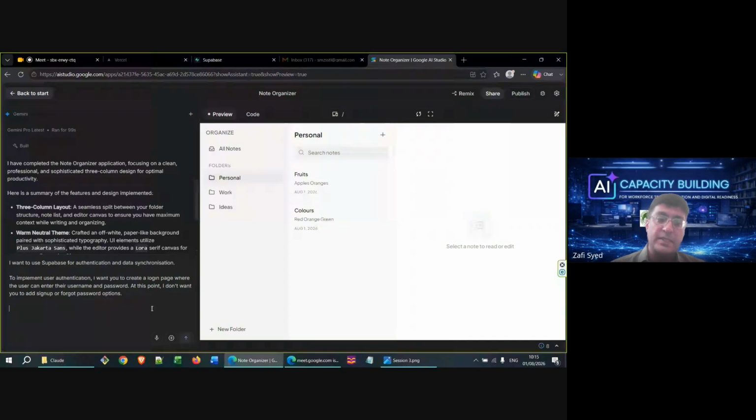Because if we just have username and password and we don't add options of signing up or, for example, password recovery, it's like you're in control of everything. You're in absolute control of who actually gets to use your web application. The only limitation would be that you'll have to manually add users, but that's okay because these are like the first steps. And it's always a good idea to explore how to do this in Supabase.